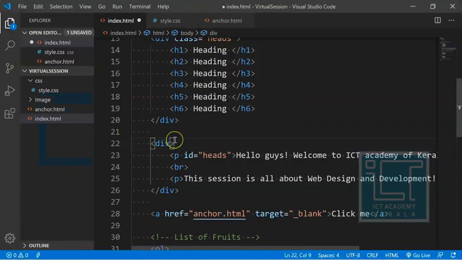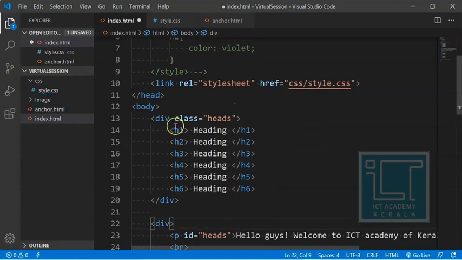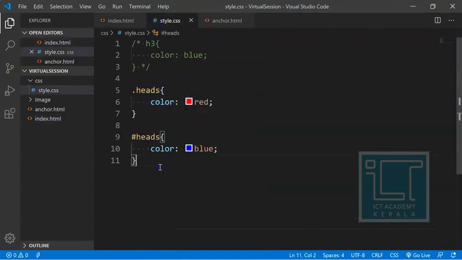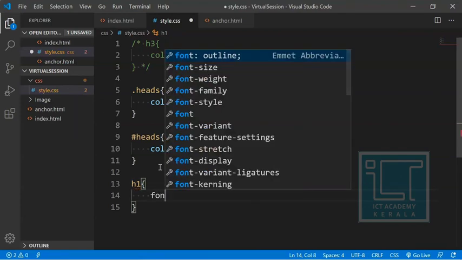For example, I want to give this H1 tag a different font. For that, I'll call the particular H1 tag by its name. Instead of color, I can give a property called font.